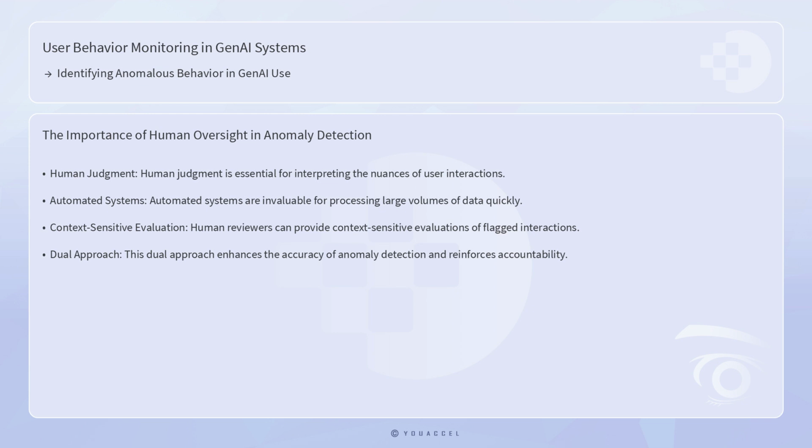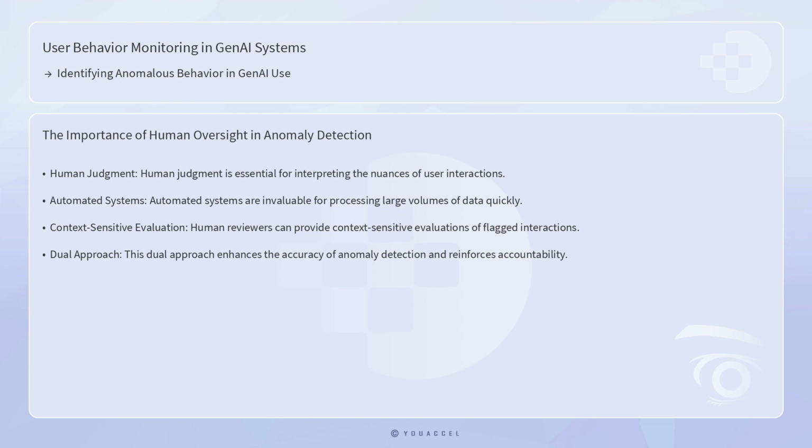Therefore, an effective monitoring strategy combines automated anomaly detection with human review processes. Human reviewers can provide context-sensitive evaluations of flagged interactions, differentiating between genuine threats and benign deviations. This dual approach not only enhances the accuracy of anomaly detection, but also reinforces the accountability and transparency of the